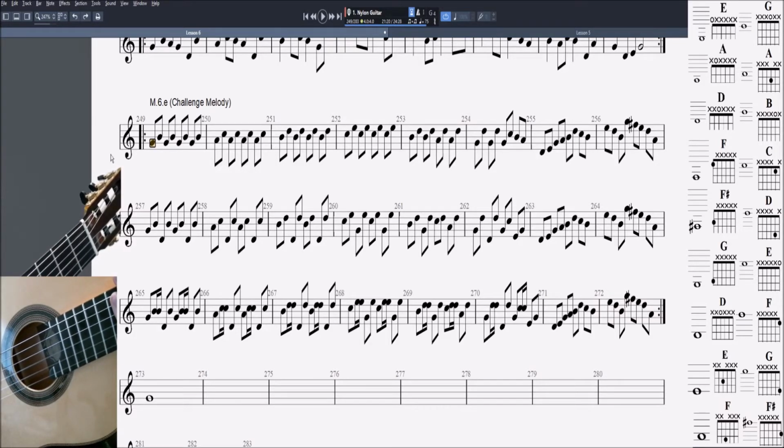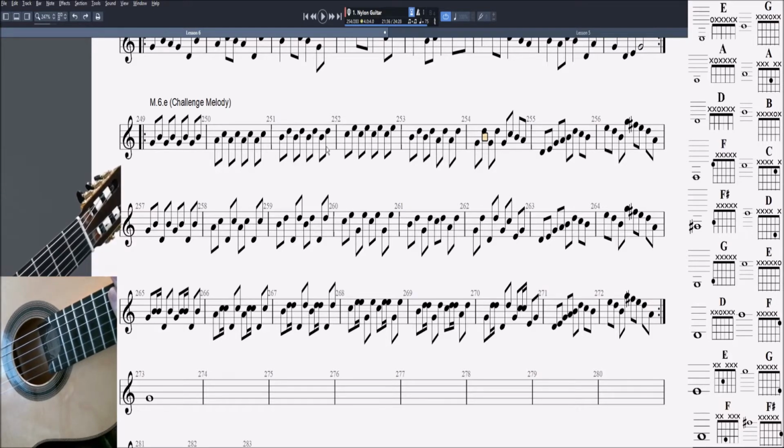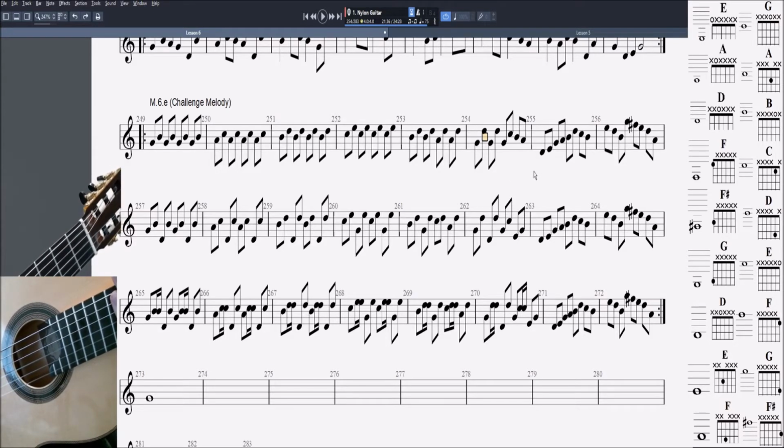just thirds, actually. If you remember, we looked at ascending and descending thirds. All these notes here in each measure are 3 alphabet letters apart, right? So we have G to B, that's 3 letters. A to C is 3 letters. B to D is 3 letters, and so on. And then it changes up a little bit, I suppose. So right here, these are not thirds, but for the most part, we stay with thirds for a little while, and then we go up into a scale run here, and we fall back